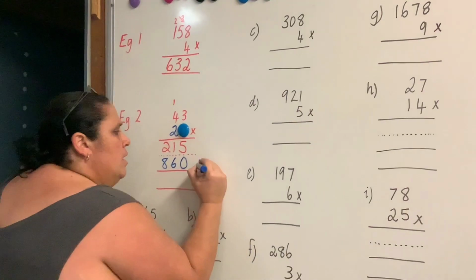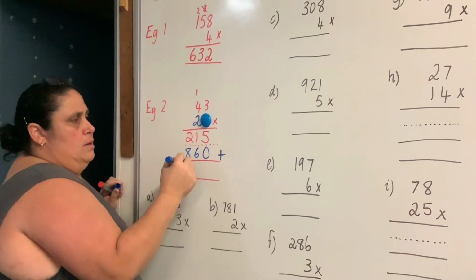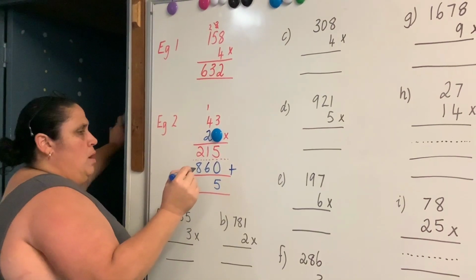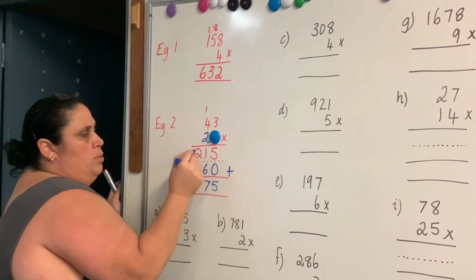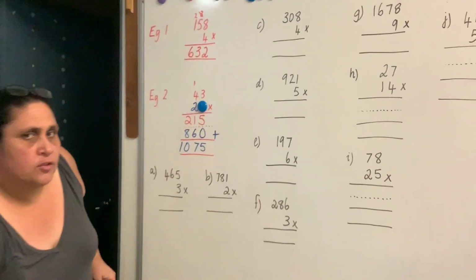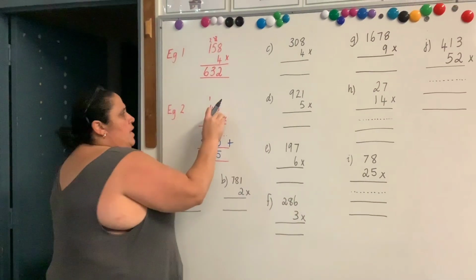What I need to do now is add these together. 5 plus 0 is 5. 6 plus 1 is 7. And 8 plus 2 is 10. That's my answer. The other thing that I just want to quickly show you is, if I take away my magnet,